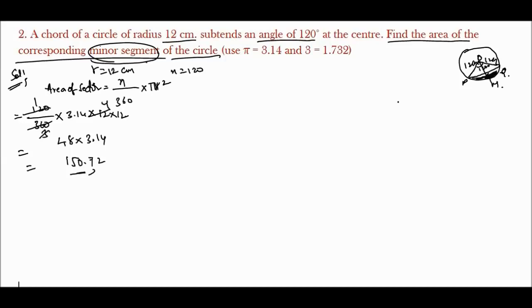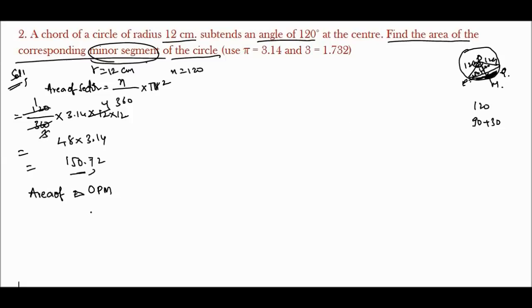Here we cut this sector into two segments. The total 120 degrees we cut into 90 degrees plus 30 degrees. So here we cut it at 90 degrees, and this is 30 degrees, and this is also 30 degrees. So we need to find here the area of triangle OPM. So OPM we need to find here.